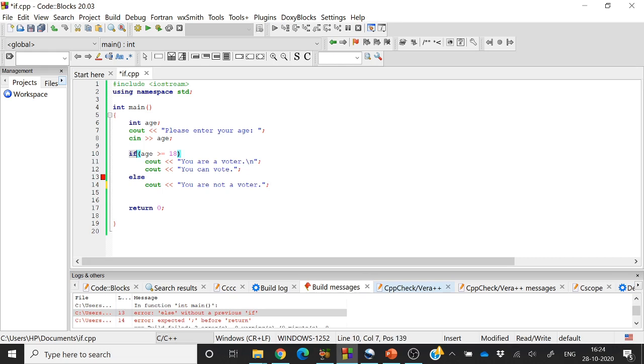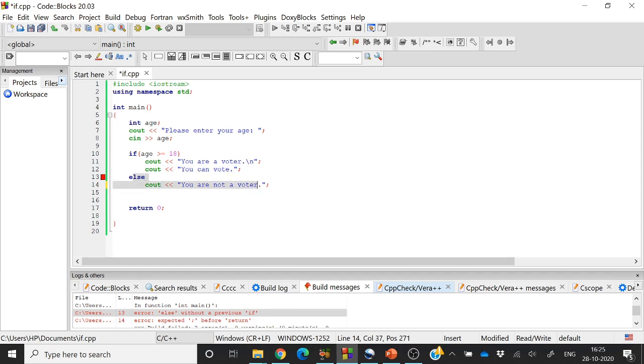Here the compiler is thinking that the if condition has a single statement under it and there is no else associated with this if, so the if ends here. Then comes an independent statement, cout you can vote. Then here comes the else statement.